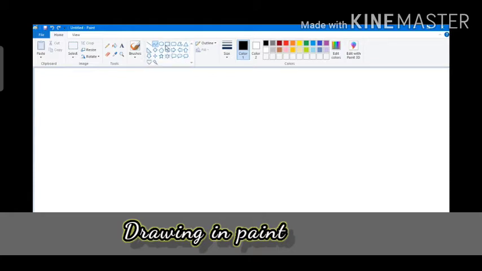See, this is oval, then rectangle, rounded rectangle, polygon, then triangle, right triangle and diamond, pentagon, hexagon. Then this is right arrow, left arrow and so many arrows, stars and rounded clouds and so on. Lightning is also there. So there are so many shapes that you can use over here in your drawing.